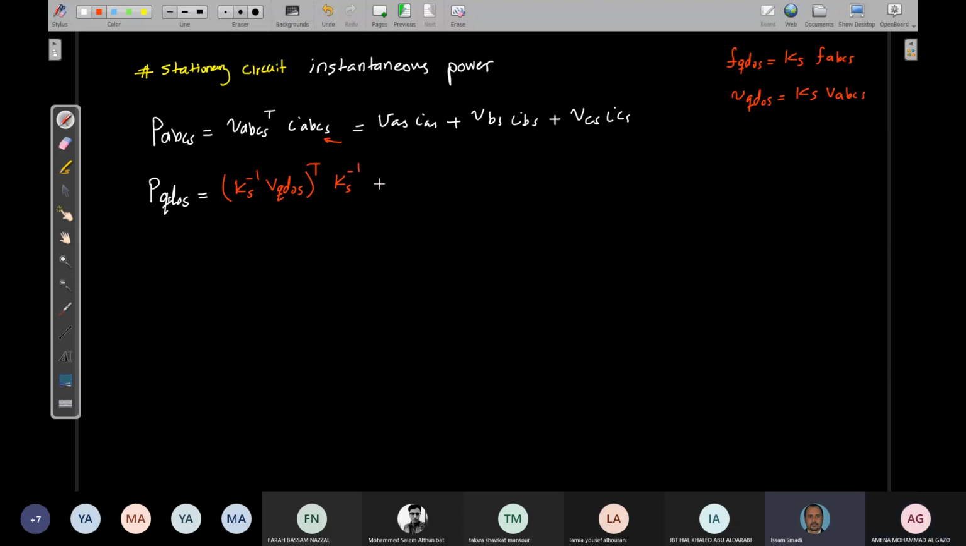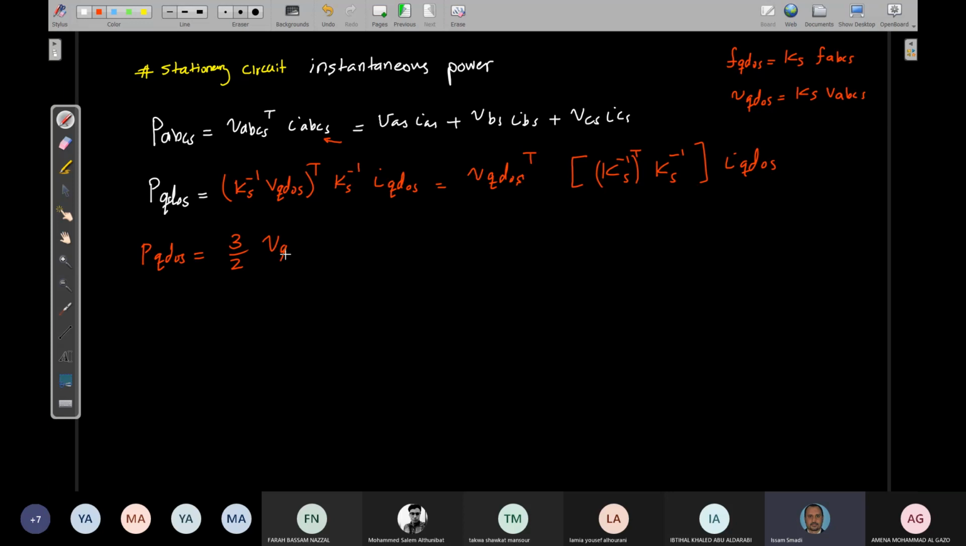KS inverse IQD0S. So this one will equal what? VQD0S transpose, KS inverse transpose, multiplied by KS inverse, multiplied by IQD0S. Now, if I do the math, if I multiply those, I will get PQD0S will equal 3/2